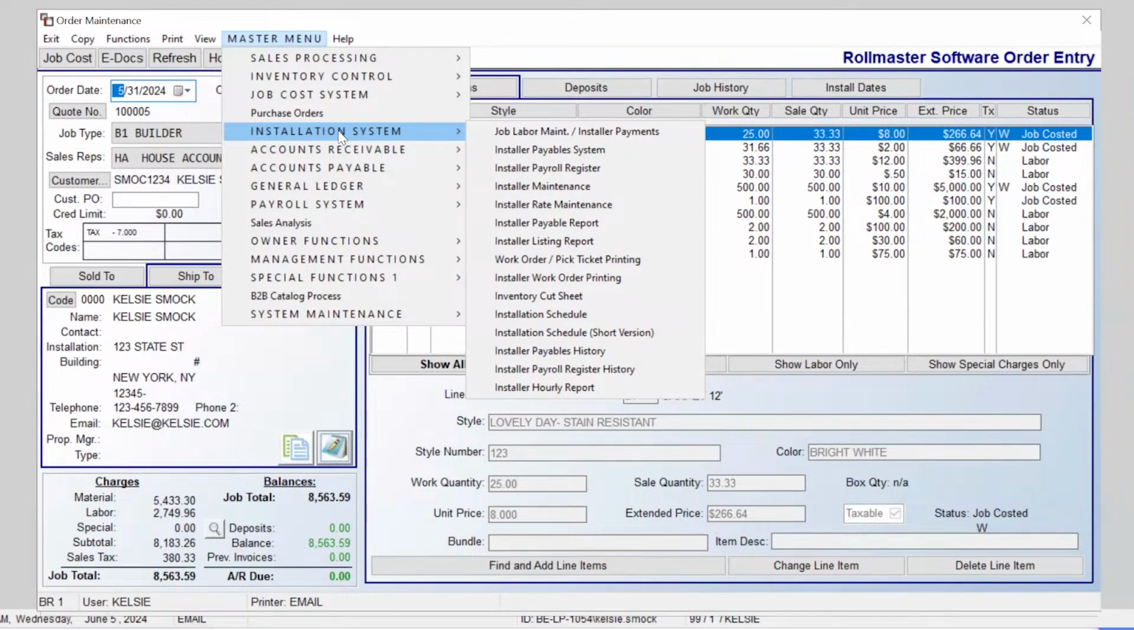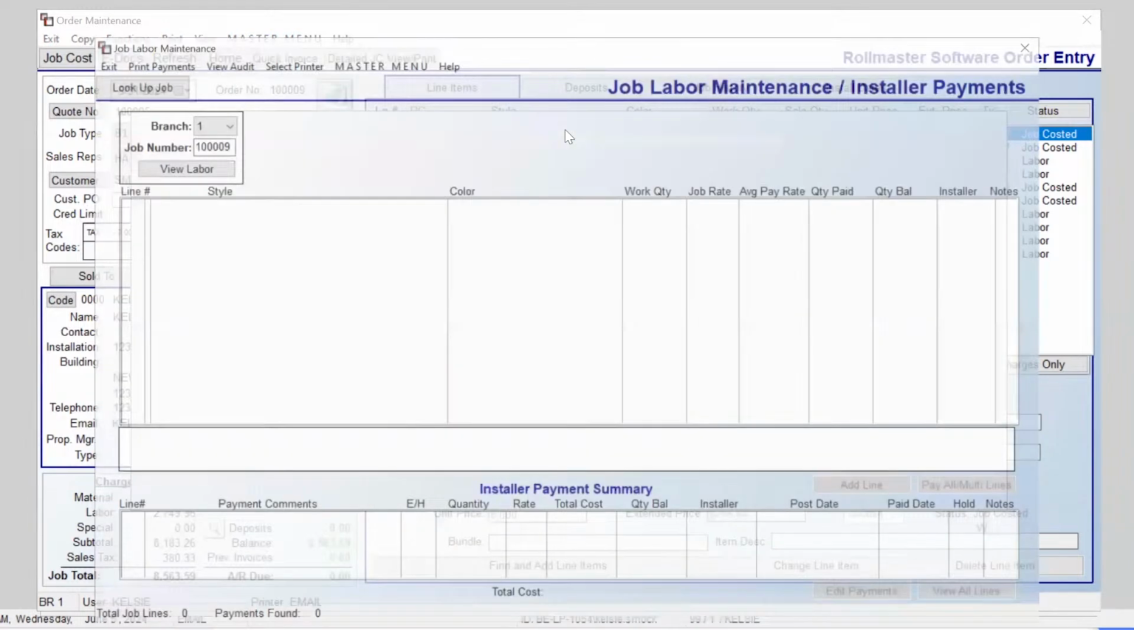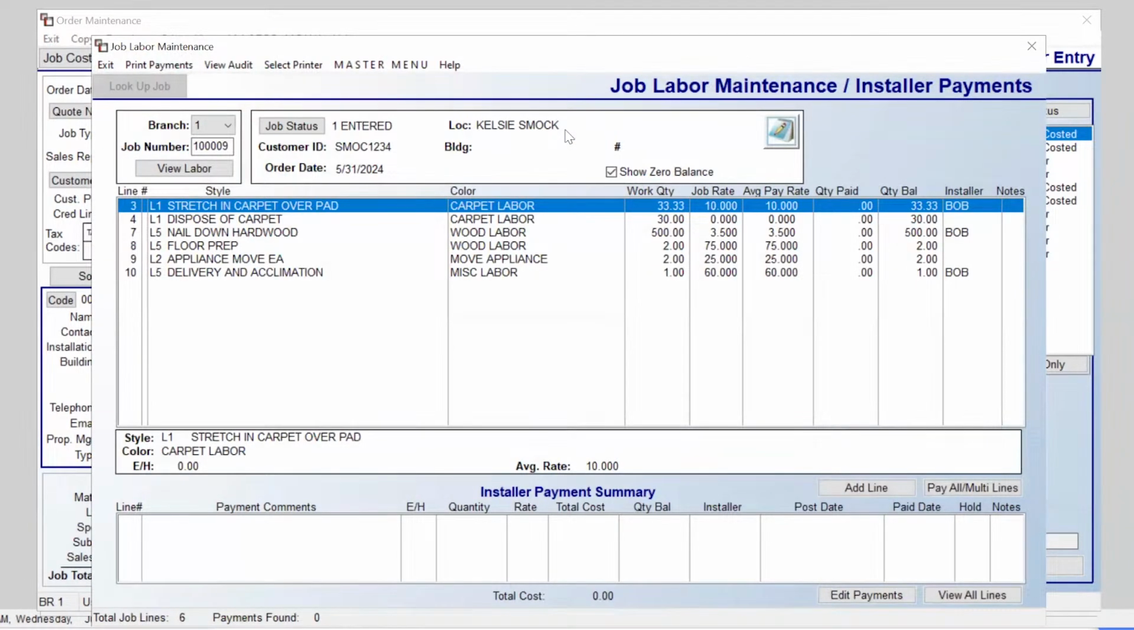When I'm ready to go ahead and approve pay on this job, that's the first step towards paying my installer. What I need to do is come into job labor maintenance / installer payments. This is where we do what we call posting the pay. So you'll post the pay so that when payday comes along, you already know what needs to be paid to your installer. And to go ahead and post the pay, I'm going to open up this job, and you're going